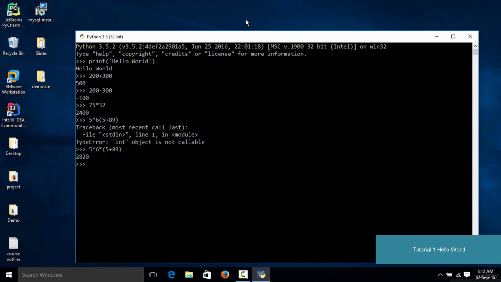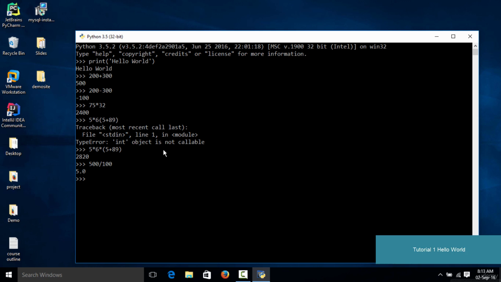Now these things might sound basic, but we need to go through them because they will be needed when we go for some complex sections. The next thing I want to mention is that there are two ways in Python by which you could divide numbers. The simple way is doing 500 divided by 100 using a single slash. If you type in a single slash, as you can see, you get a float. A float is a value which has a decimal point. In this case, even if we didn't need the digits after the decimal point, it still printed out the result as 5.0.